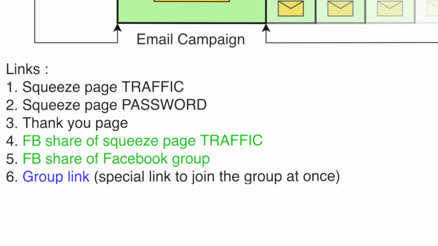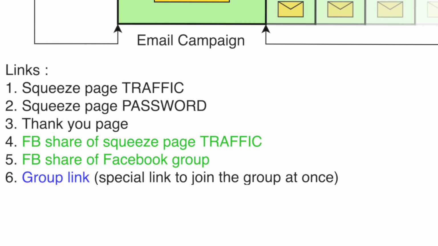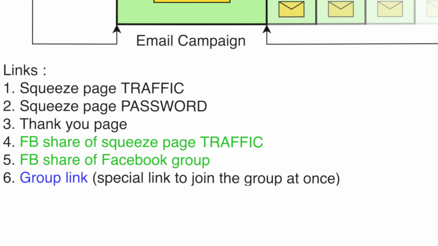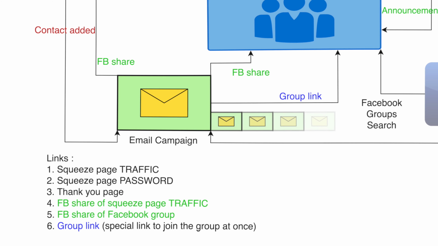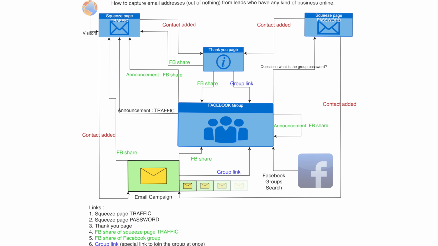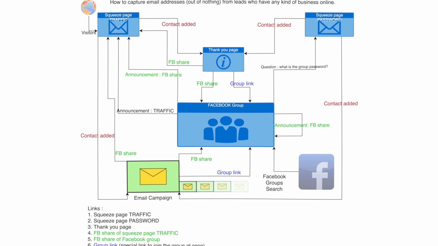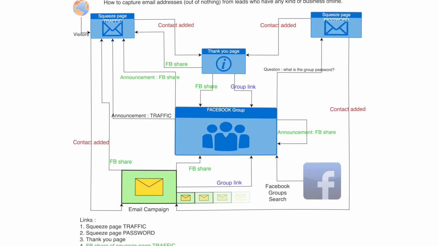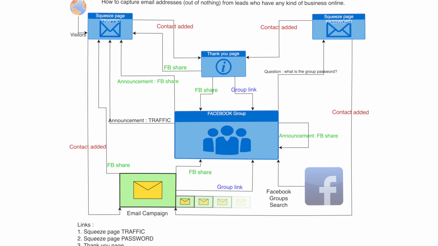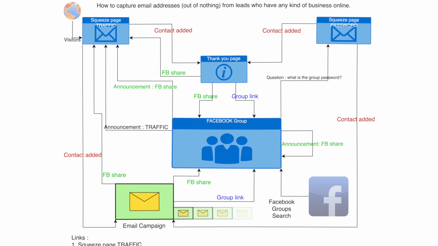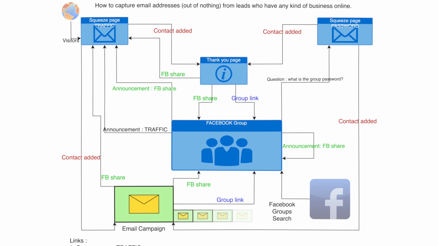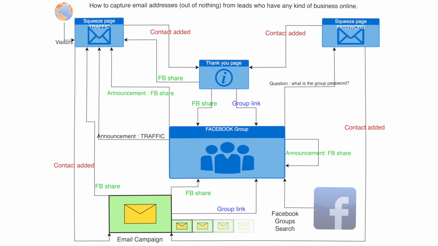Now we have seen the second step, the links. Now we will be able to see the third step, which is the relations between the elements. So we will look at each element and we will talk about the incoming links and the outgoing links. We will do it clockwise, so we will talk about each incoming and then outgoing.